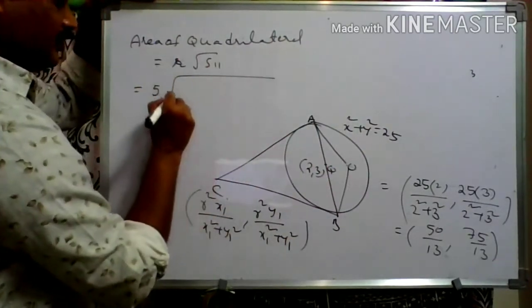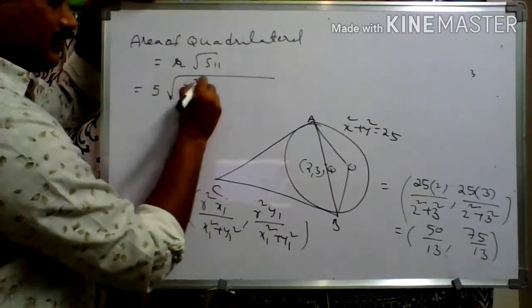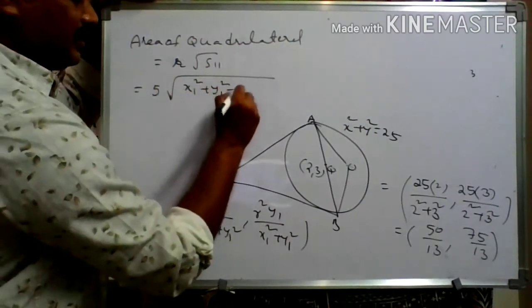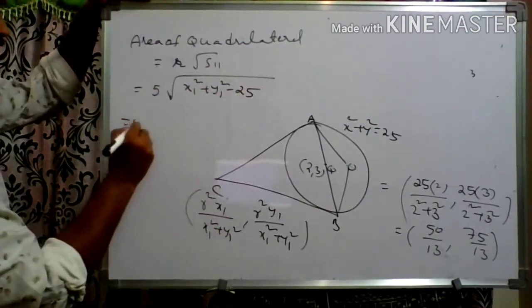Root S11 is x1 square plus y1 square minus 25. So that is equal to 5 into